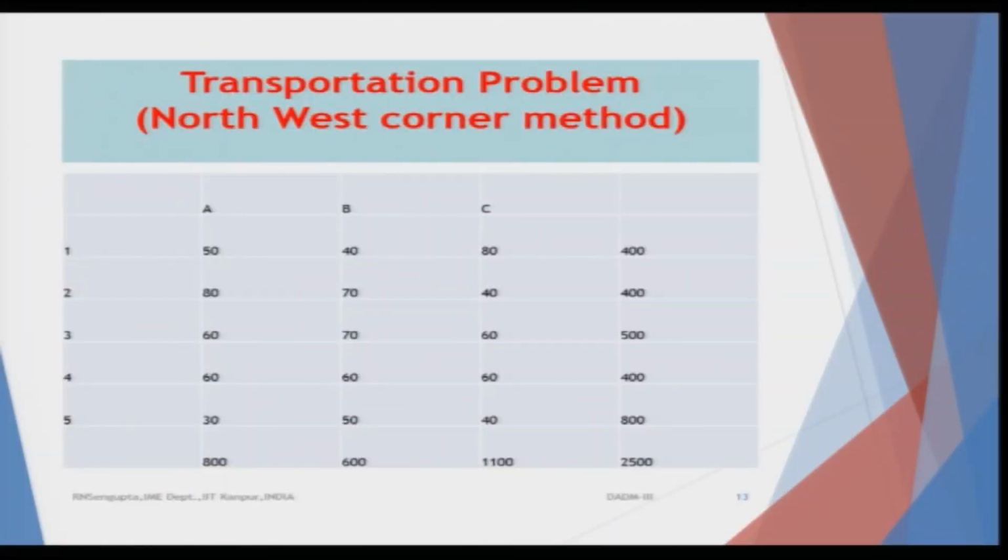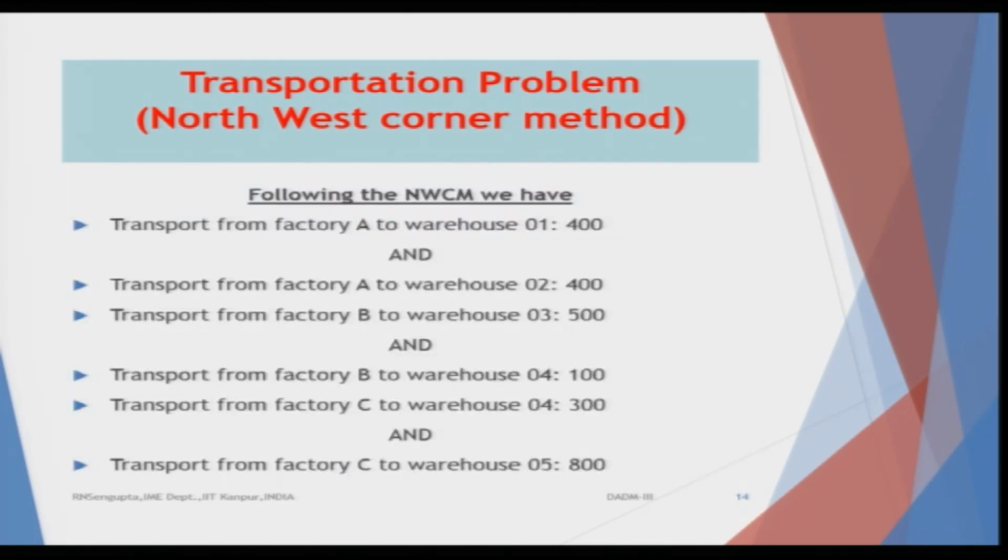Okay. Now, you see, when you are starting with the northwest corner, concentrate on the first cell, A1. You will check the total quantum of requirement for 1, which is going to come from A. 1 needs 400, A has 800, allocate all 400 there. The spillovers will go to the next cells accordingly. This is how the process will work. Now, let us see how the allocations are done. I will switch over from this slide of the allocation and go to the actual cost structure along with the demand and supply, so that you can understand.